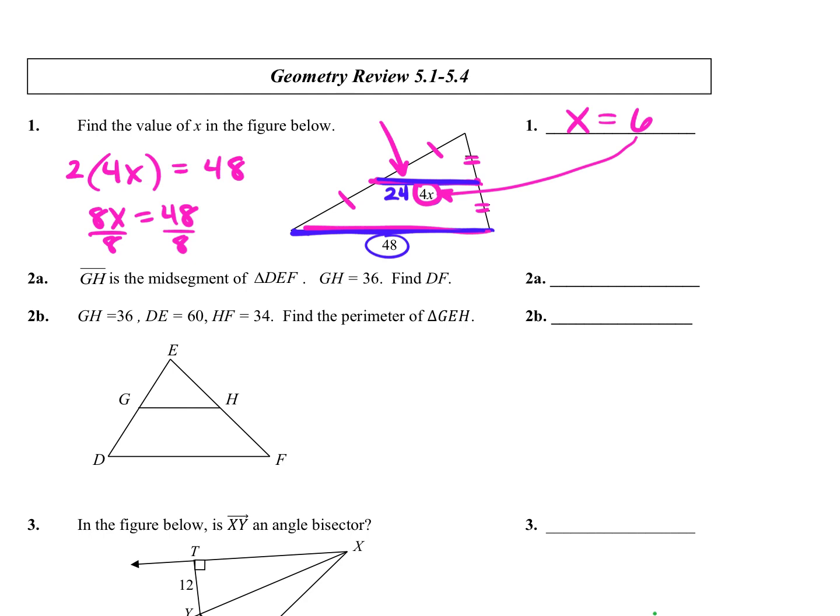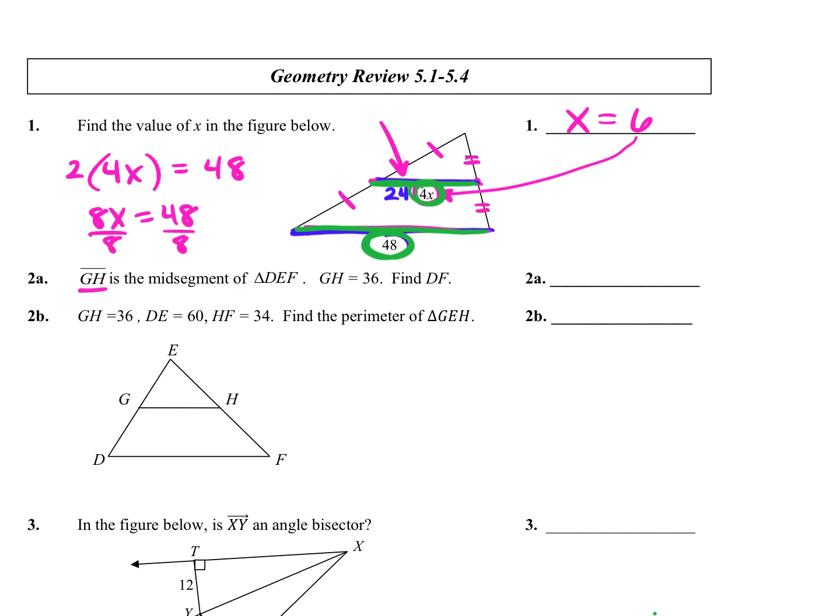Please, please, please don't set them equal. This mid-segment length is not the same as the side across from it. Don't set them equal. You need to either double the smaller one or cut in half the longer one, okay? So just be reasonable there when you're trying to lay it out. What makes sense in that situation? Does it make more sense to double or to cut in half? Okay,